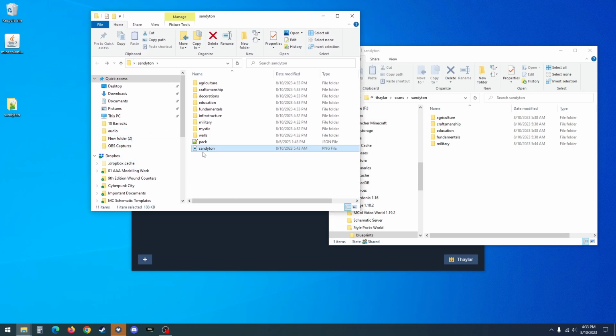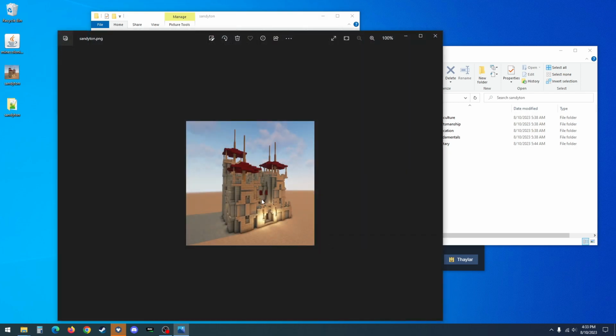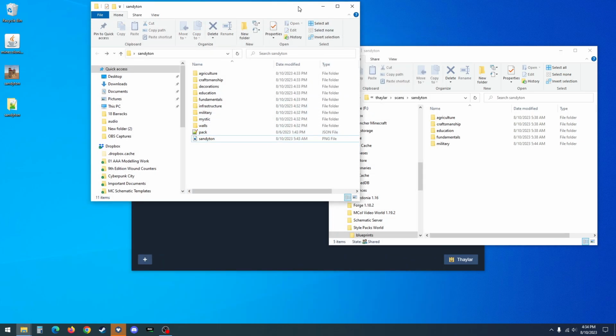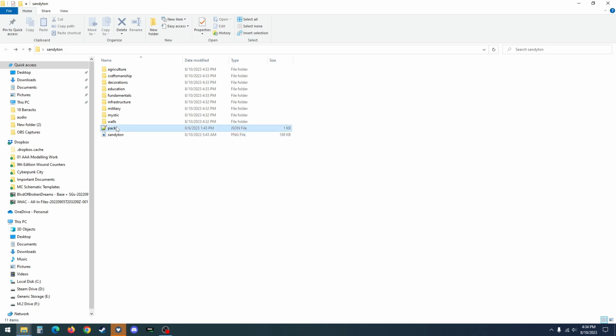Just happens to be the Barracks picture. So if we open that up, you can see there's our Barracks. It's the same thing that I use from the screenshot for the videos. It'll do for now. Now our next task